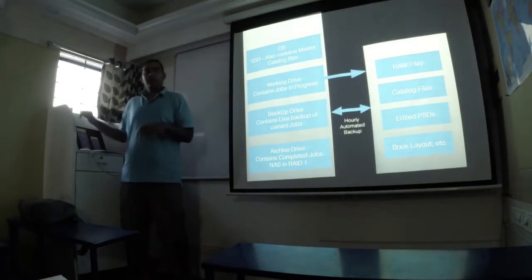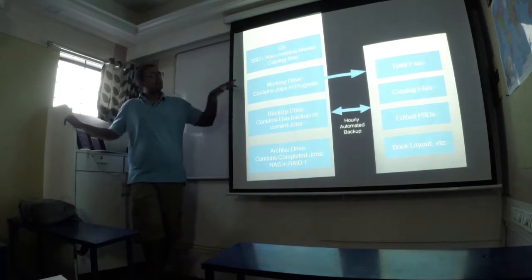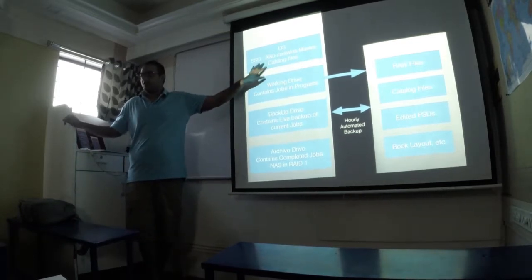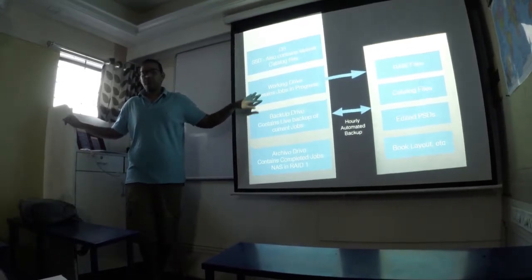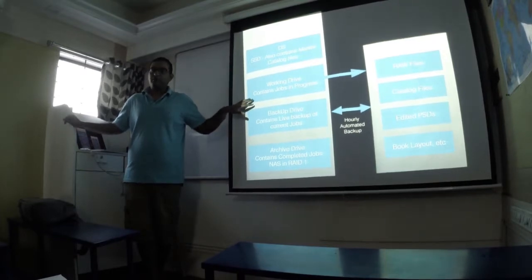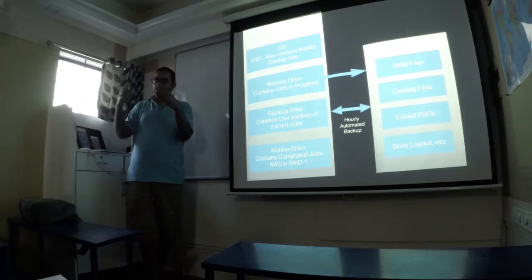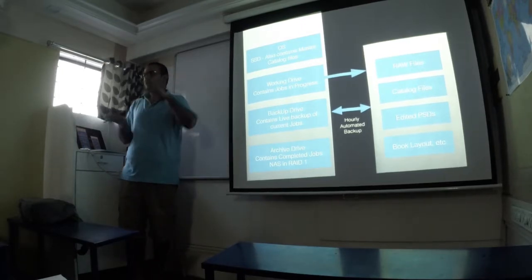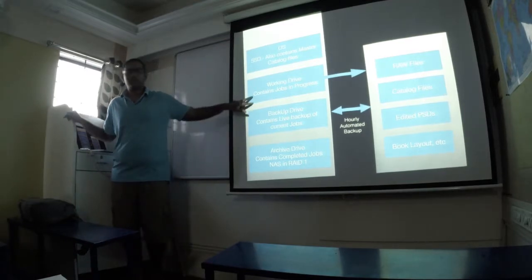Okay. So inside my storage, how is my data organized? So my OS is on the SSD, of course. I have a working drive, which is also an SSD. This contains the jobs I'm currently working on, right? At any point in time, I tend to only do one at a time. I tend to have a queue. I don't tend to do multiple. A lot of people do 2 or 3 at one time, do one shoot, then another shoot, one shoot, another shoot, and mix it all up. I tend to just do one at a time.